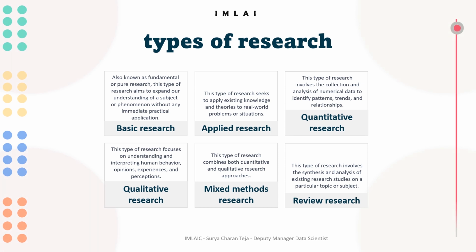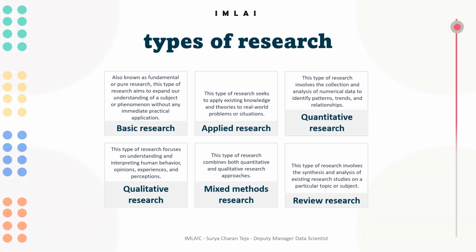An example of review research is a systematic review that synthesizes findings of multiple studies on the effectiveness of cognitive behavioral therapy for treating depression, using rigorous inclusion and exclusion criteria and meta-analysis to generate overall effect sizes, and a scoping review that maps out the current state of research on the intersection of technology and mental health, using a systematic and iterative process to identify key themes and research gaps. This is also called review research.